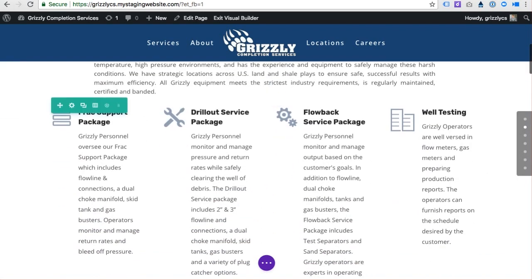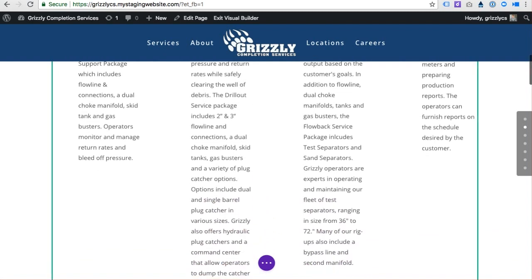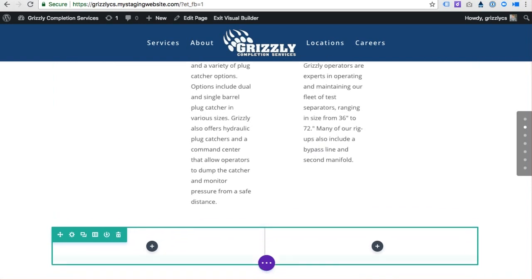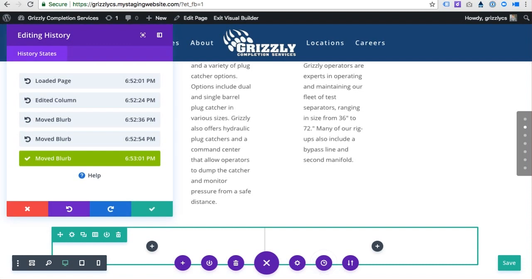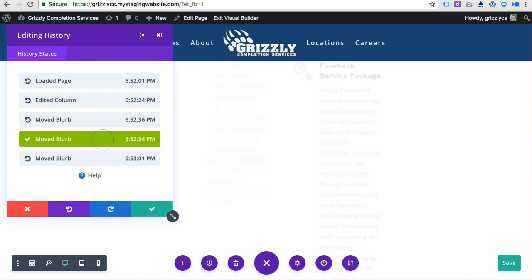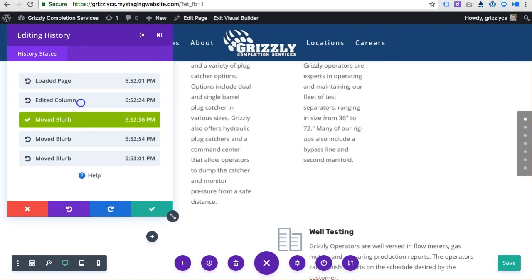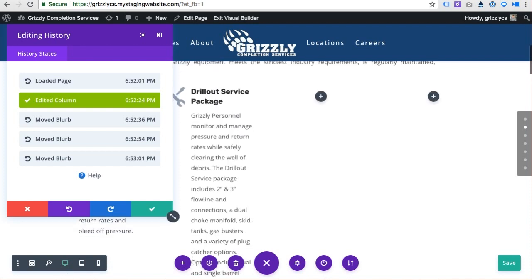All right, let's say we like the way that looks pretty good, but overall we don't like it because we're going to have to write more content. It just doesn't line up really well on the page. It doesn't sit properly. Well, I could drag those things down here, or I could click on the 3 dots here, open this up, and check out this nice little clock icon. Click on that, and we're able to easily and quickly go back to a history revision status, even with a timestamp, you guys. And as you click on them, you start to see the current version of your page. So I'm going to go back and edit the column even, and it's editing each step by step. Beautiful.